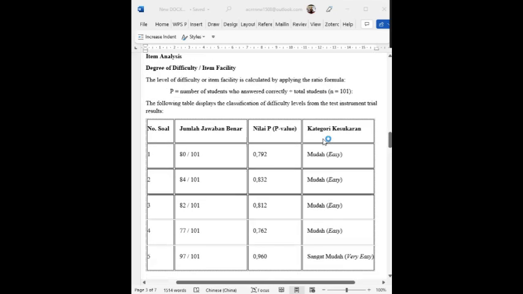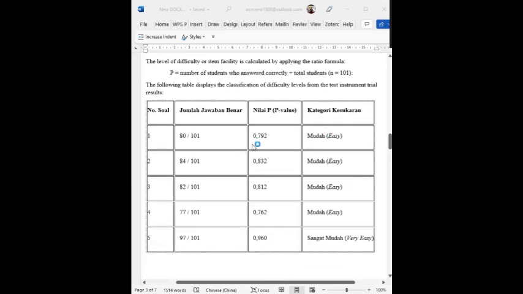Like this, we have items number 1, 2, 3, and 4 all falling into the easy category, so P ranges from 0.762 to 0.832. Item 5 is in the category very easy.